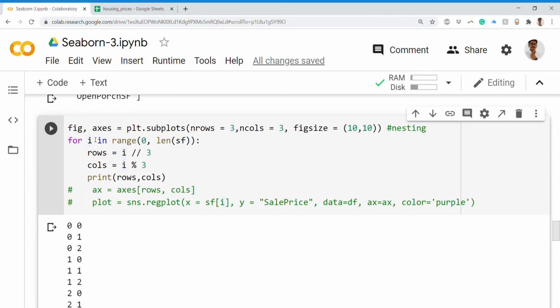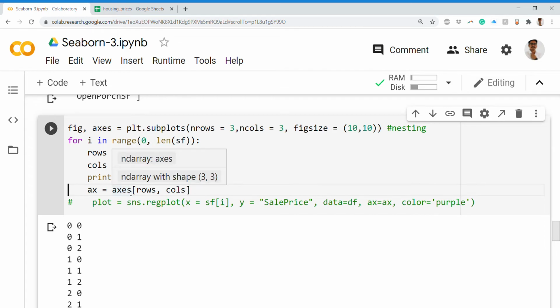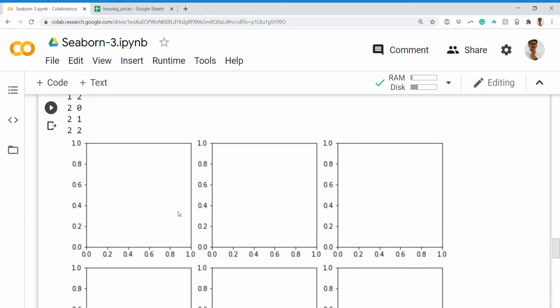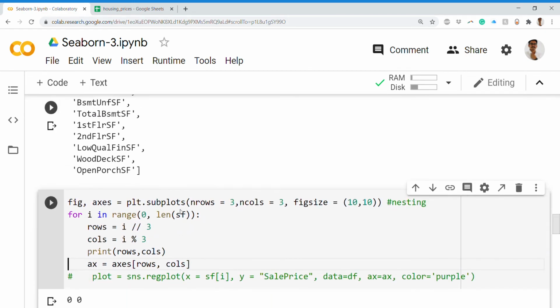Now what I want is to pass the parameters, that is ax. In ax we basically pass an array of axes objects. So these are basically axes objects. I'm passing rows and columns to this, so that will give my index. That will basically name this Y and this the X axis, or it can be a single axes object.